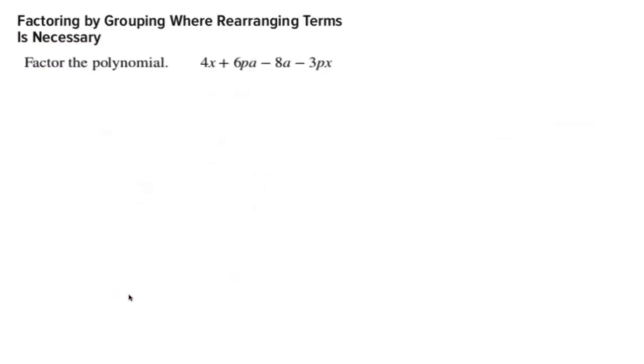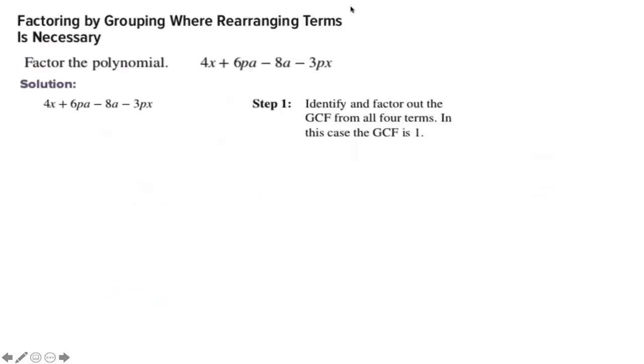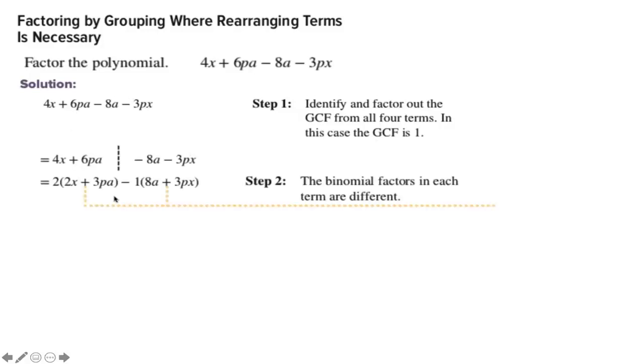Now, the question is, how do we know to pull out the first two terms and the last two terms? Well, that doesn't always work. For example, if I try to do that with this one, I again try the first two terms and last two terms, and notice the terms here. The GCF here is 2, the GCF here is -1, and notice these two terms are not the same. So that means that for grouping,